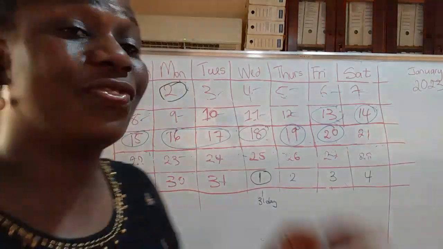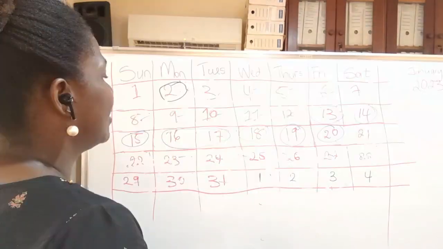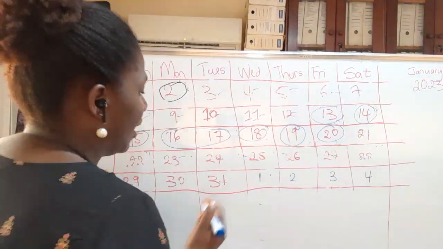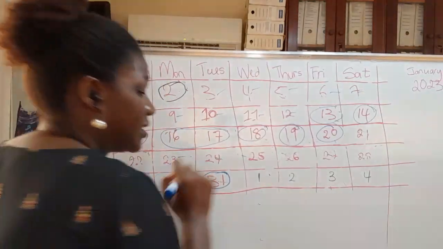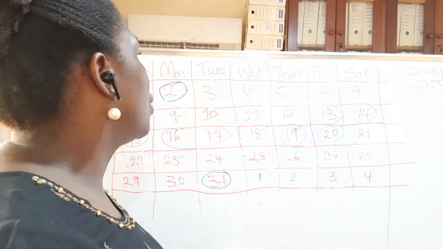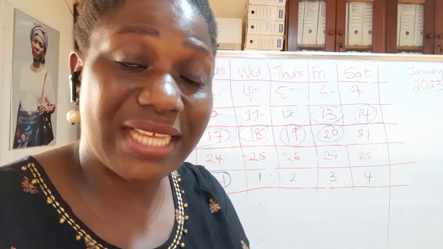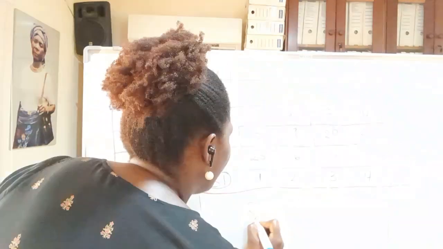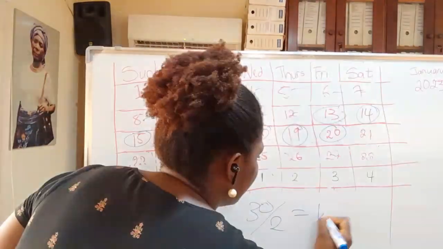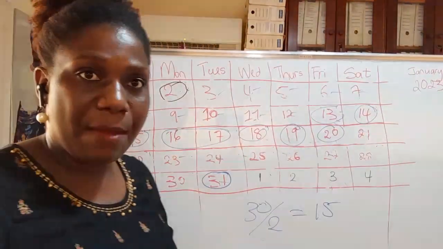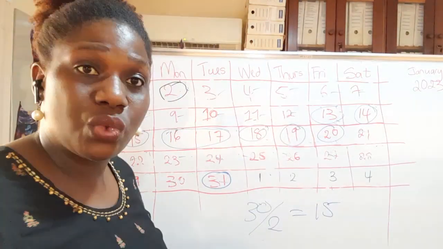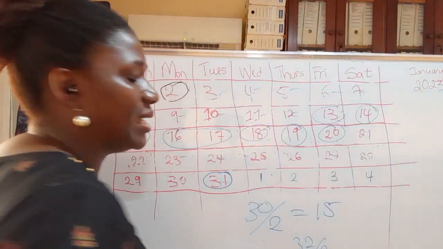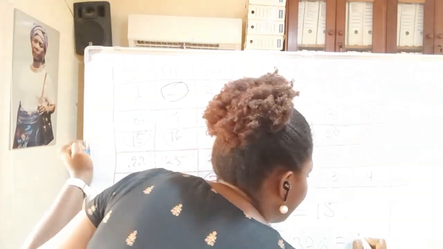Now, if you have a 30-day cycle, let's say that your period started on the 2nd of that month. It will end on the 31st of that month. So how are we going to know the ovulation day for a lady who has a 30-day menstrual cycle length? You divide 30 by 2 and it will give us 15. And this will be the same for a lady if she has a 32-day cycle length. You divide 32 by 2, and that will give you, let me help you out,